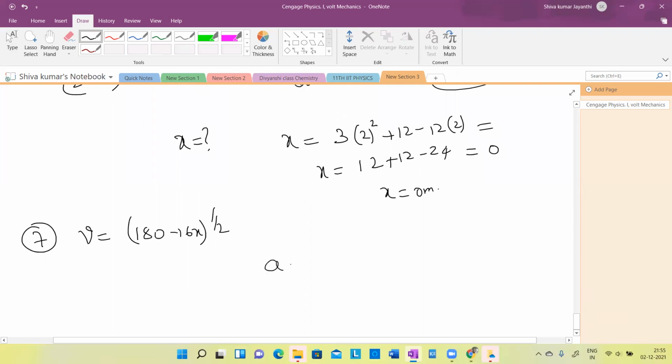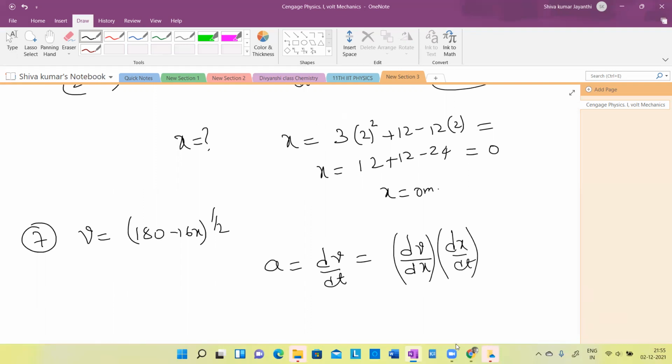What is the acceleration actually? dv by dt. Can we write in mathematics, there is a chain rule of calculus, dv by dx into dx by dt. Can I write like this? Is it okay? Don't presume and don't understand in this way that this dx gets cancelled. Don't think that way. That's not the logic there. It's called chain rule. It has got nothing to do with cutting and cancellation.